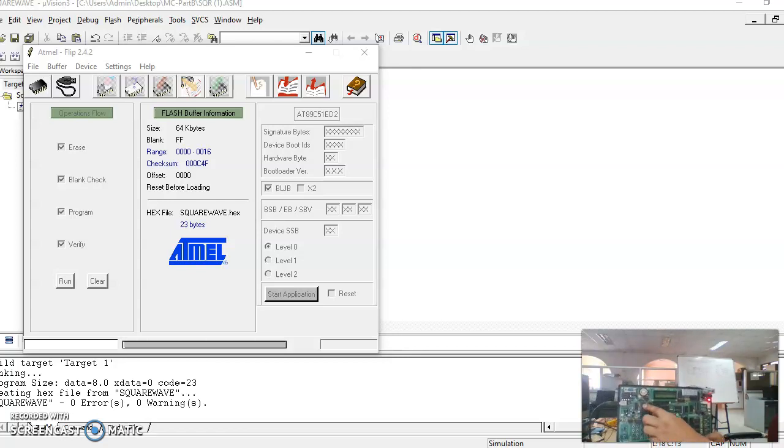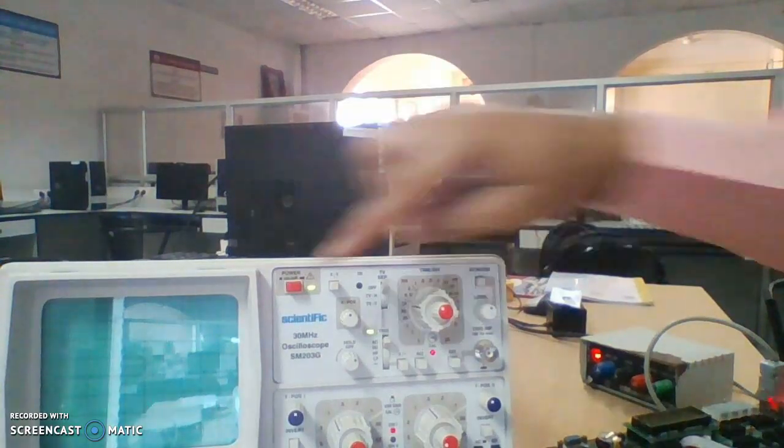Then to check the output, this part is the digital to analog conversion. It has an IC called DAC 0808 that will convert whatever digital signal comes here to analog form. The output of the digital to analog converter we get here. There is a DAC out here, and that will be connected to the CRO. On the CRO we can observe the output. You can observe the waveform on the CRO.